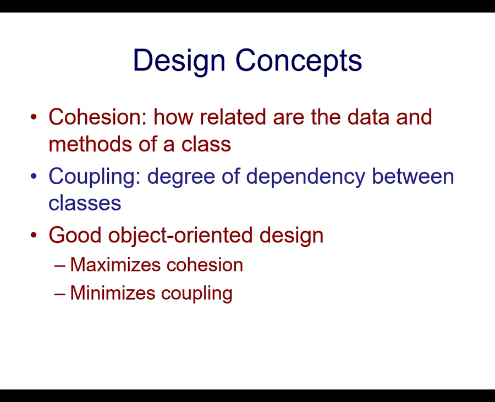The second concept is that of coupling. Classes are coupled by composition, aggregation, and other relationships. The number of other classes a given class is coupled with is a measure of its coupling. In good object-oriented design, one strives to maximize cohesion but minimize coupling. These same principles apply to software design